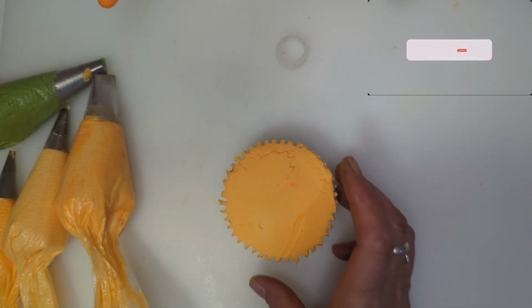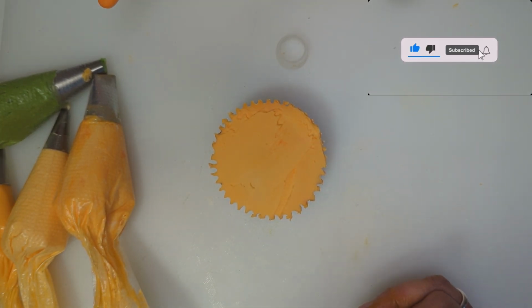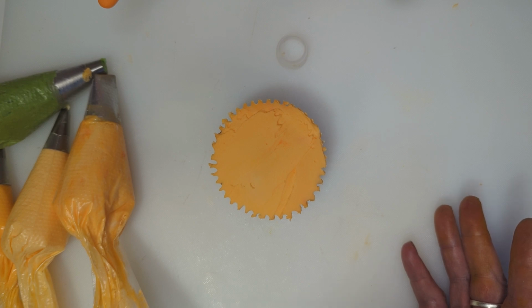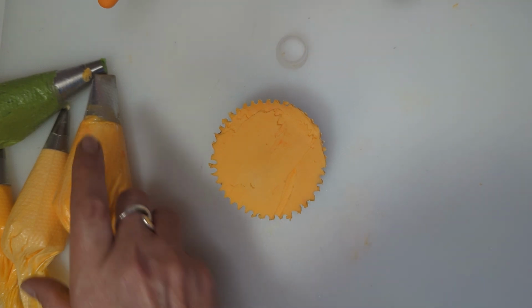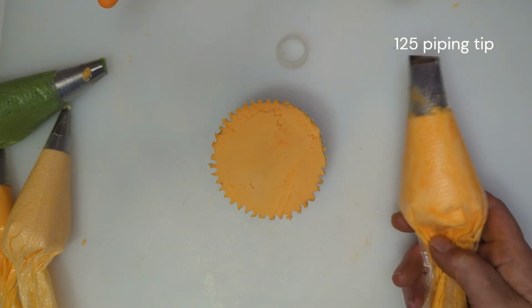To show you how to pipe an Anemone Dahlia, which can also be called a powder puff dahlia. So the tips I'm going to use is a 125, which is this tip,